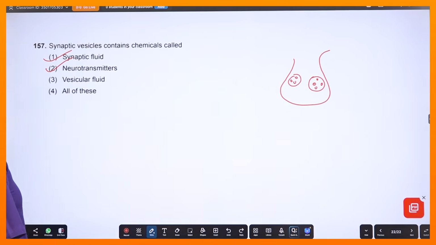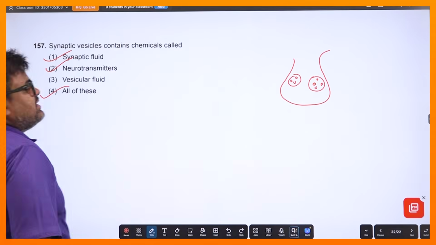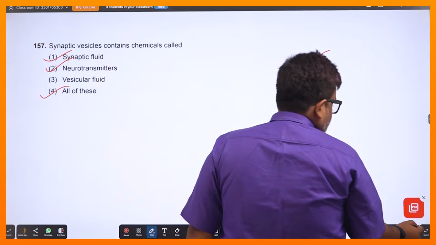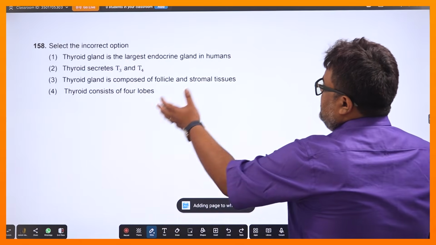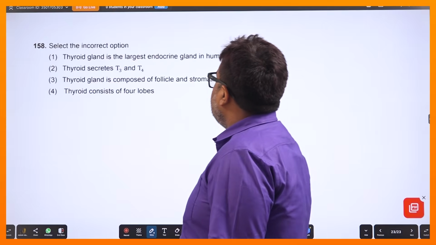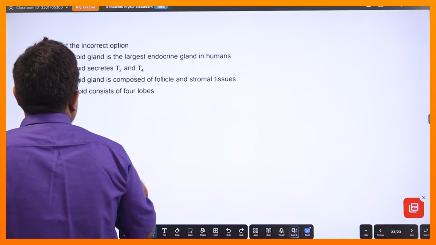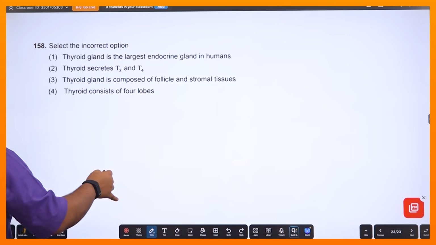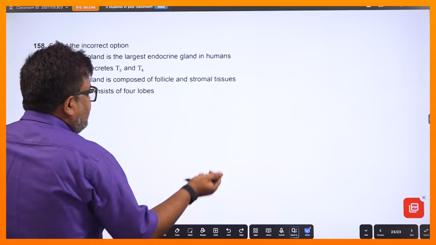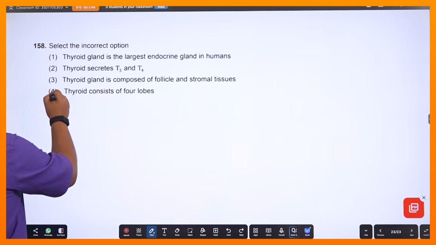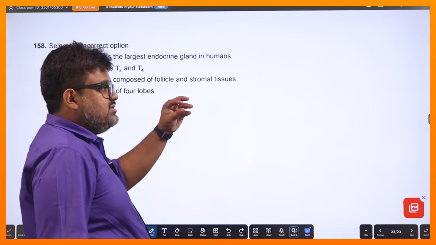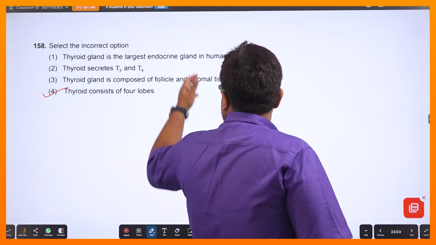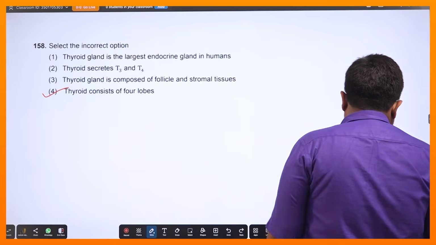তো কাজেই একে আমরা ভেসিকুলার ফ্লুইডও বলতে পারি। সো এখানে অল অফ দিস আনসারটা হবে। নেক্সট দেখো, ইনকারেক্ট অপশন বলেছে থাইরয়েড হচ্ছে লার্জেস্ট, এটা তো কারেক্ট। T3 T4 তৈরি করে, এই যে থাইরয়েড কনসিস্ট অফ 4 লোবস, আমরা একটু আগে বললাম থাইরয়েডে 2টো লোব থাকে, জয়েন্ট বাই ইসথমাস। ঠিক আছে, তাহলে থাইরয়েড কন্টেইনস 4 লোবস, আর ওর মধ্যে ফলিকলস থাকে, আর তার মধ্যে স্ট্রমাল টিস্যু থাকে, তিনটেই এনসিইআরটি লাইন, তো কাজেই লাস্টেরটাই ভুল।